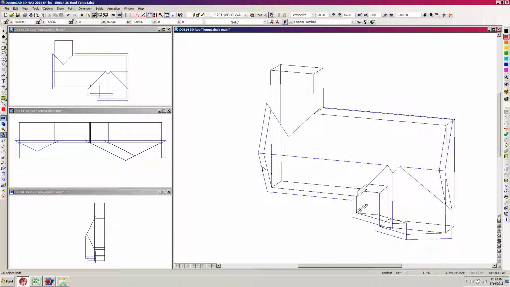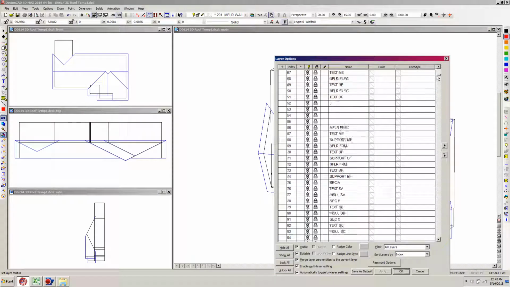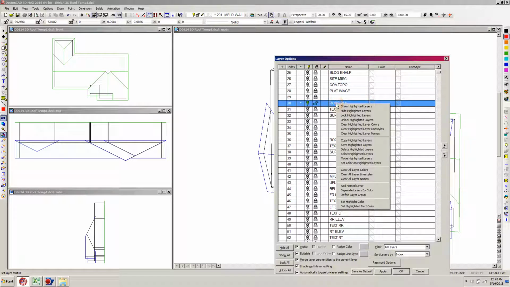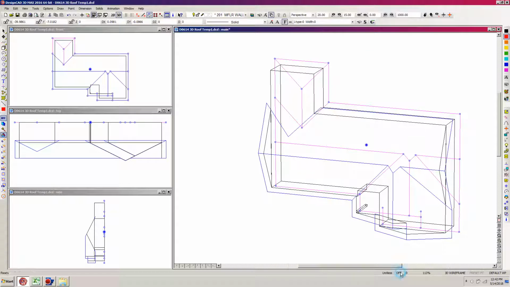So what I'm going to do is hit L for layers, and go to layer 30, which is our roof plan, and make that visible. I'm also going to right click on that particular layer and go down to select highlighted layers and select it. Click OK. I'm going to hit N to duplicate it,